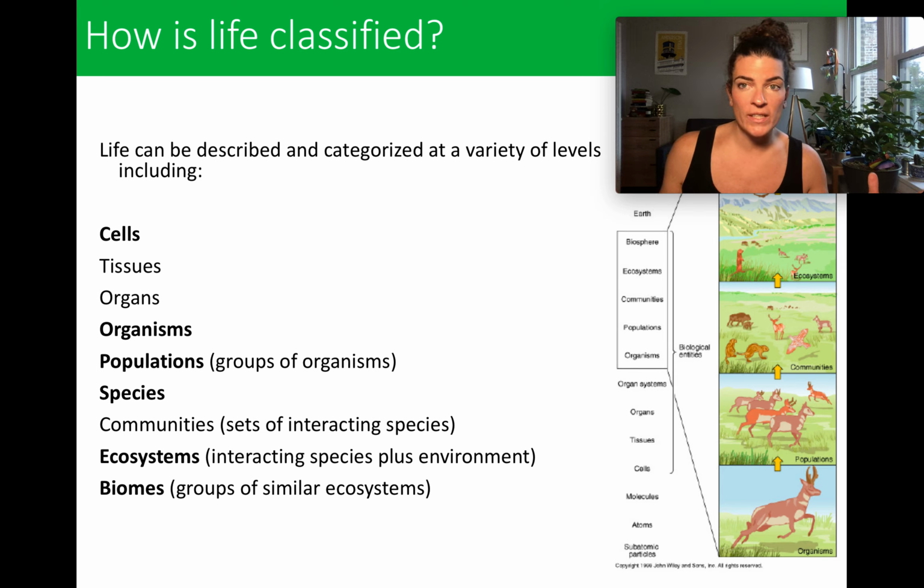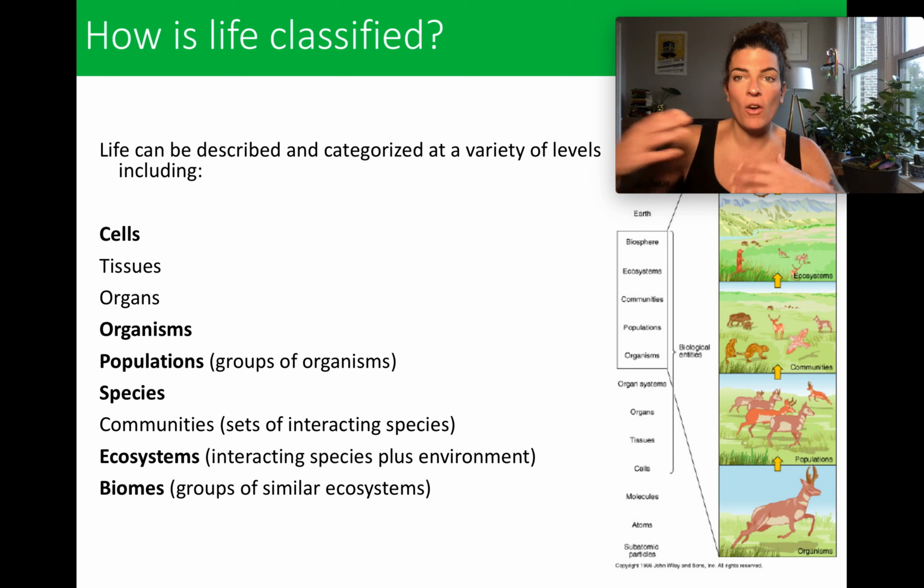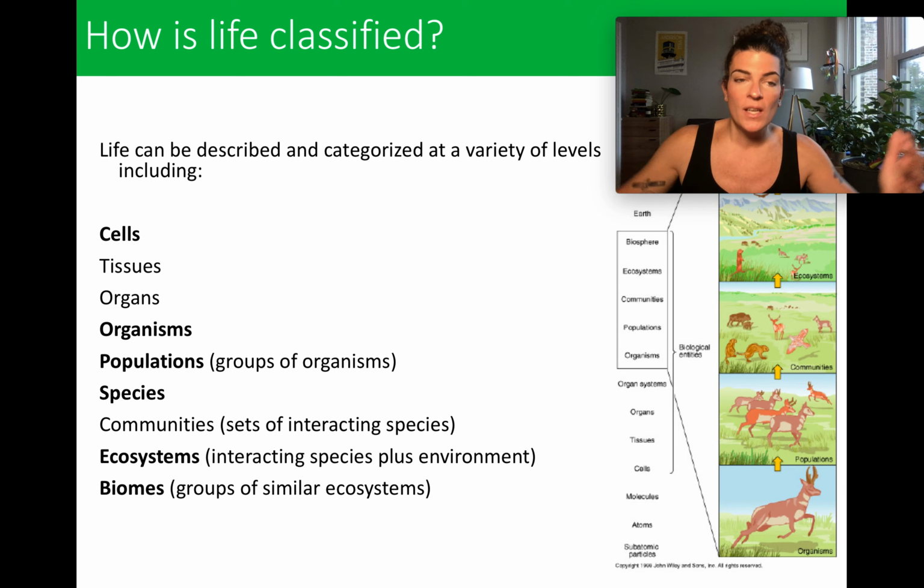If you have a group of organisms, then you have a population. For example, Chicago has a population of human organisms. It also has a population of coyotes and a population of squirrels. You could even go smaller in scale and say the neighborhood of Pilsen, for example, has a population of squirrels or a population of humans. When you take all of those populations and you consider them all together, populations that are all the same, for example, all the humans, that's a species.